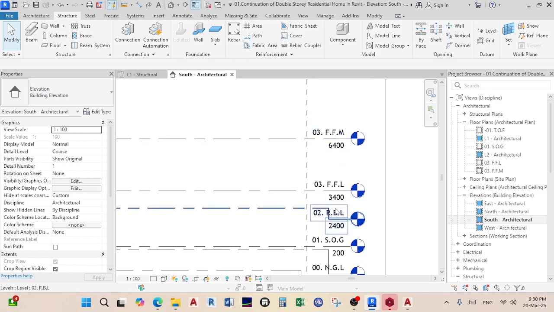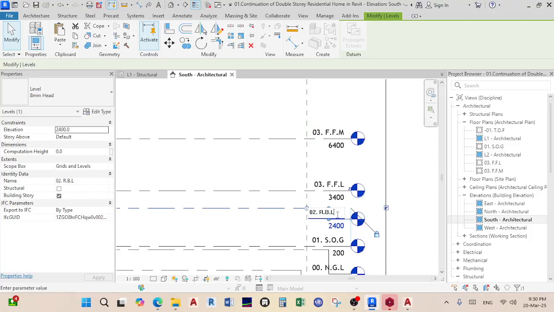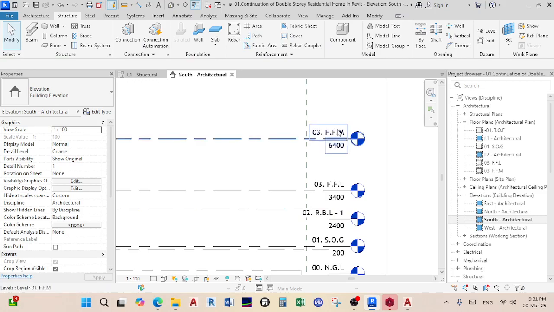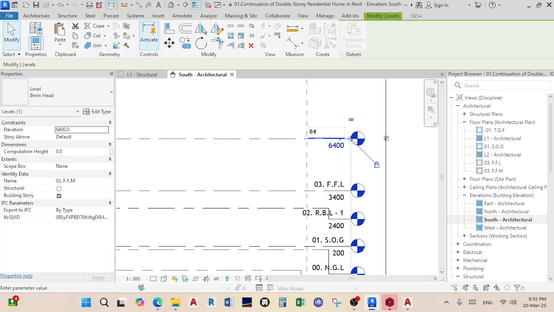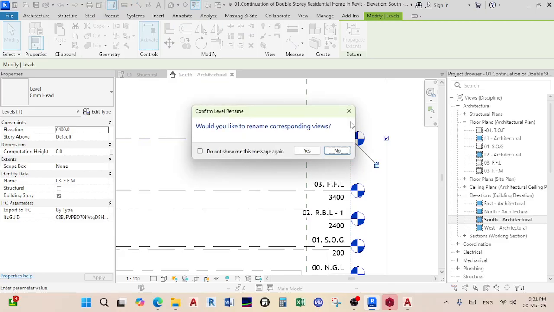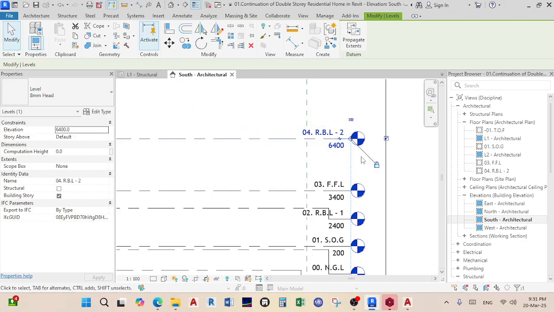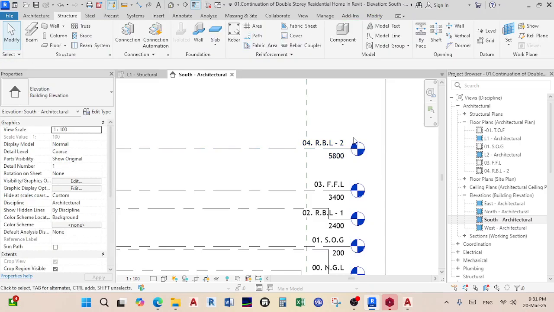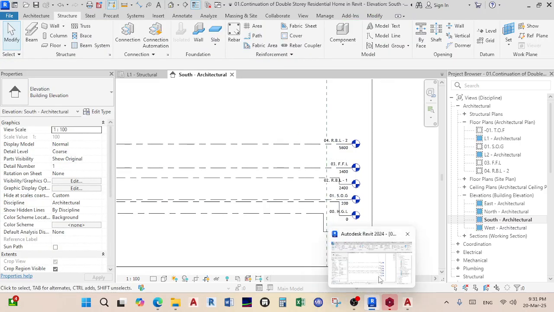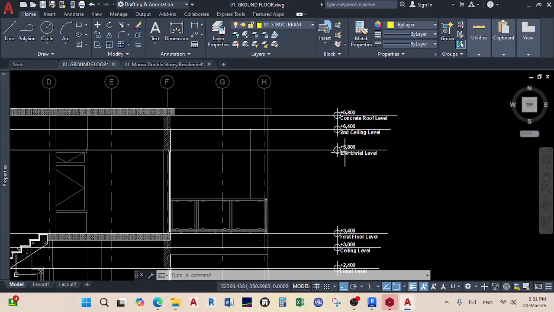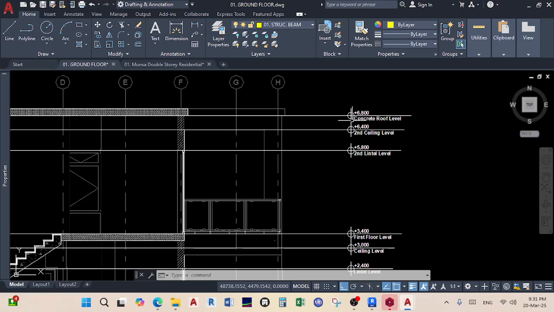I'll go back inside and say ring beam level 1, just to differentiate them, and then this will be number 4, and it will be my RBL2. I know it's on the second, and I'll say yes, and it's at 5.8, right? So it reduces. And then last but not least, we have the concrete roof, starting at, not supposed to be